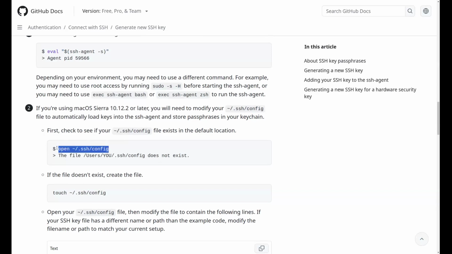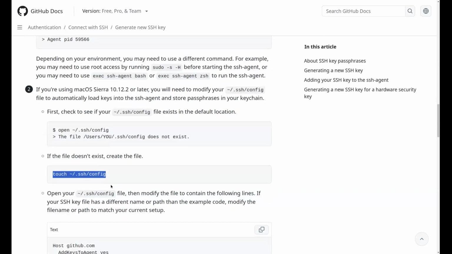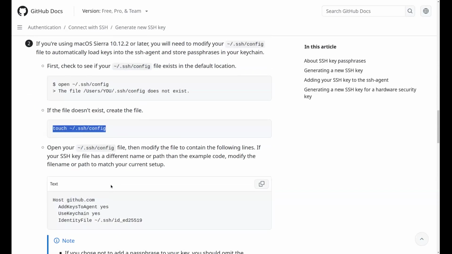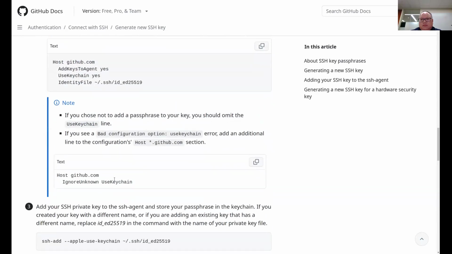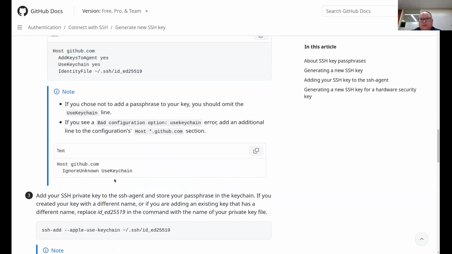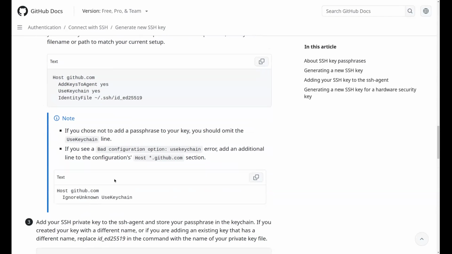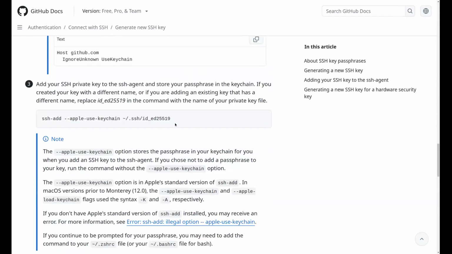And then after doing that, you open that SSH config file. And I've never done this on Mac before, but it's never too complicated once you go through it.